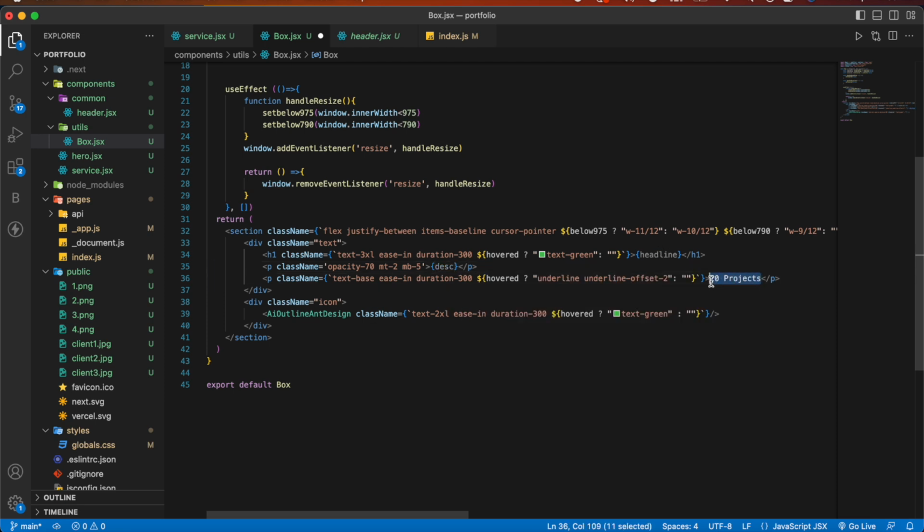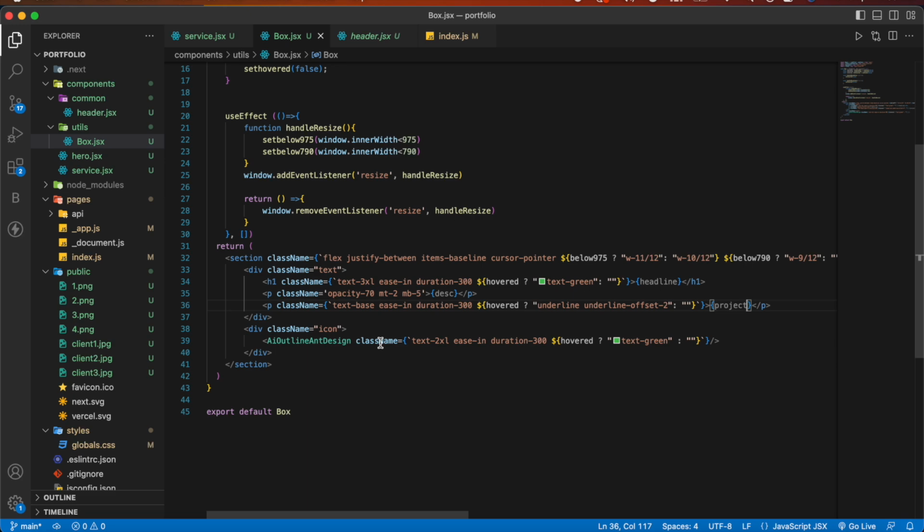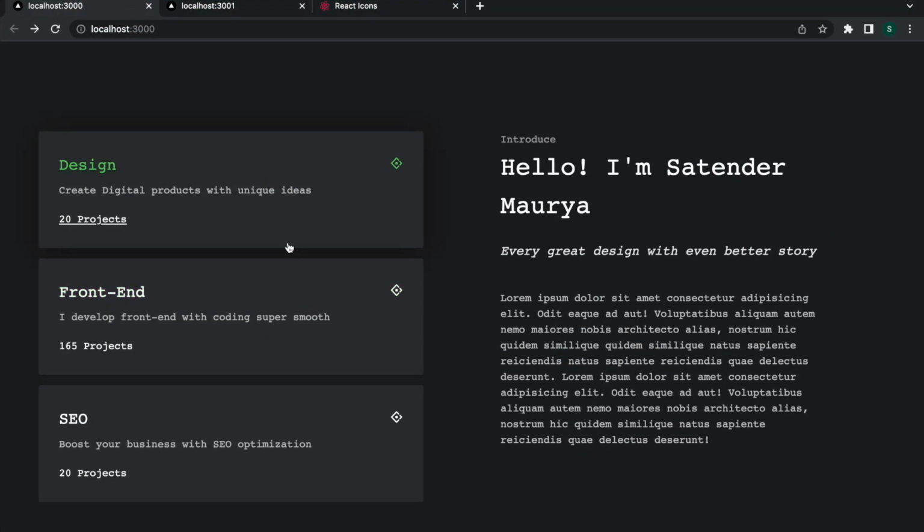Here we'll remove this and write projects. And now if I save it, you can see all 3 boxes here. But one thing you can notice here is that the icons haven't changed. So for that